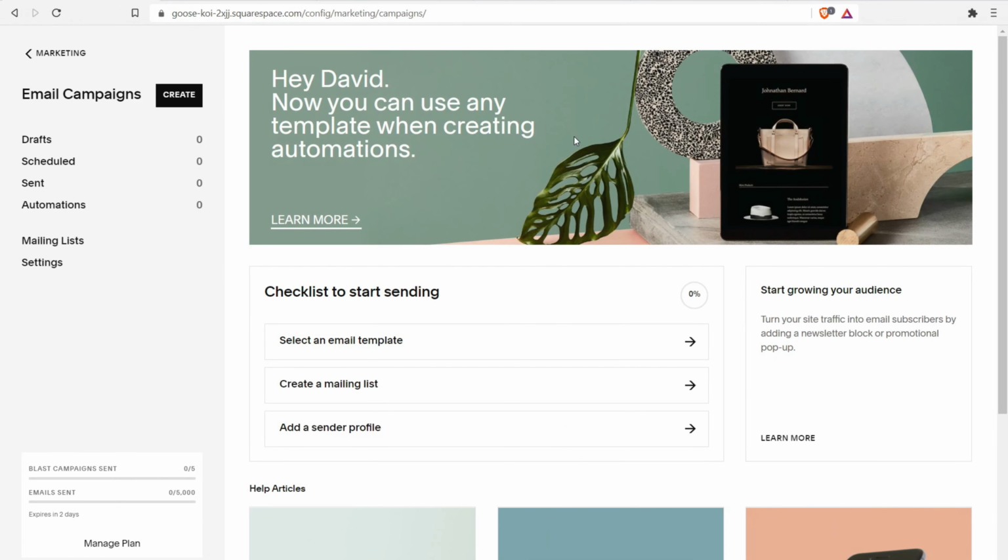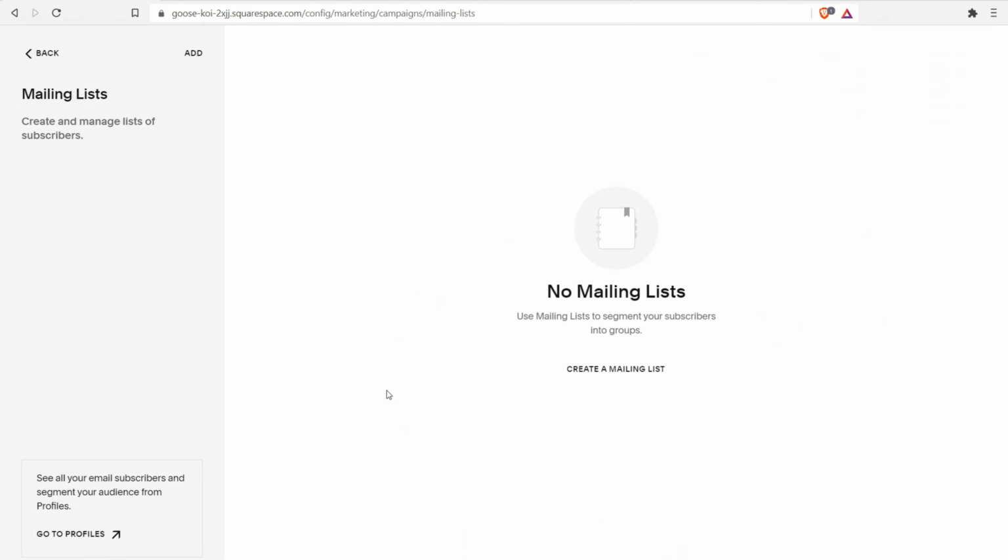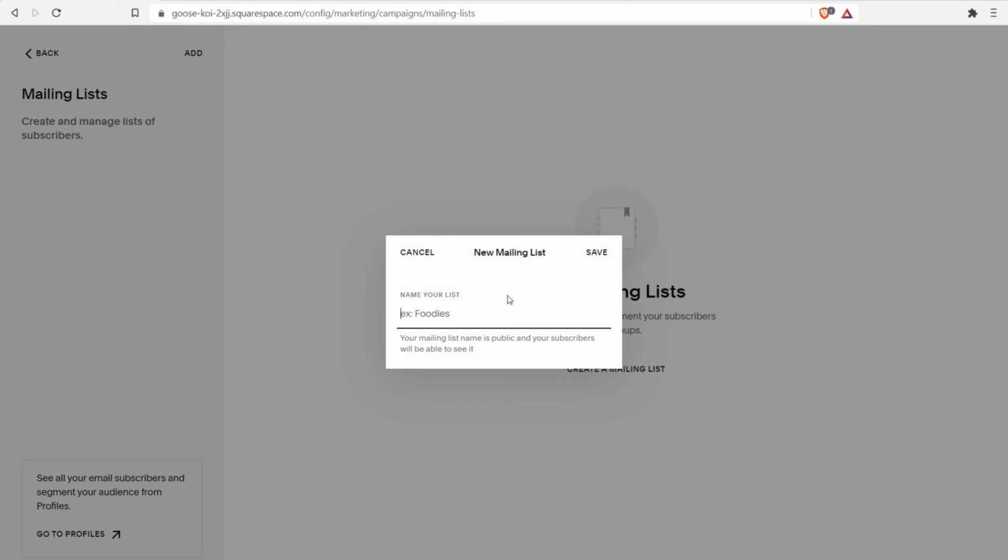All right. So welcome to email marketing from Squarespace. This is the dashboard. This is what you're going to be seeing once you upgrade to an email marketing plan and add it to your Squarespace website. So the first thing you need to do is create a mailing list. So go ahead and click on this icon right here. All right, so no mailing list, create a mailing list, and then name your list whatever you want. So I'll just call it David's